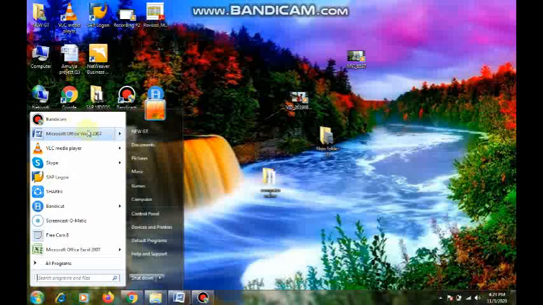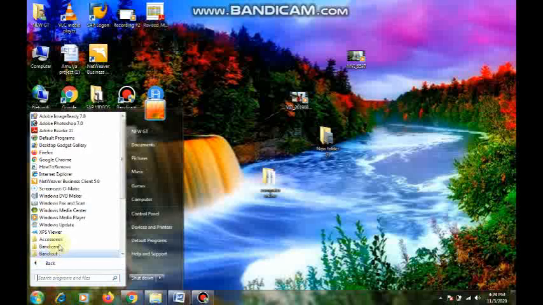And here we will see what programs are installed in our computer. All those programs we will see in this start menu. And if you click on all programs, you can see the remaining programs which are installed in this computer, like in accessories.